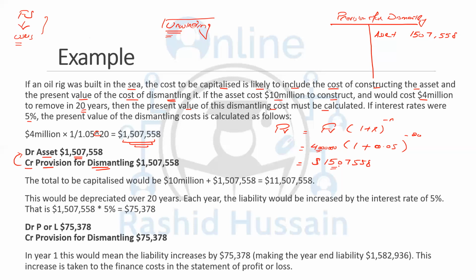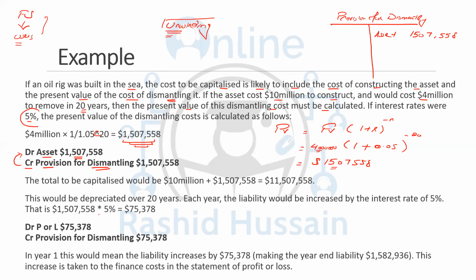Because the liability is actually not the 15,07,558, it's the present value now. The actual amount you're going to pay after 20 years is 40 lakh, which is 4 million. So systematically, we have to take this present value to its original value. Like we have used this 5% rate for the calculation of the present value, we are going to take the same 5% to take it back to the original 4 million amount. Now, how is that being done? You're going to take this present value